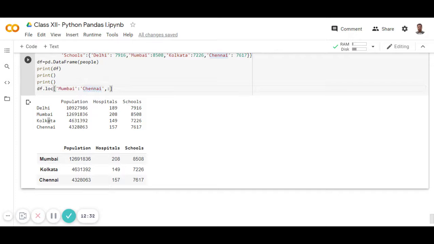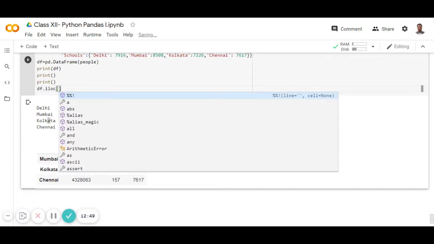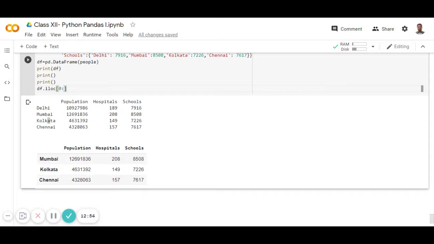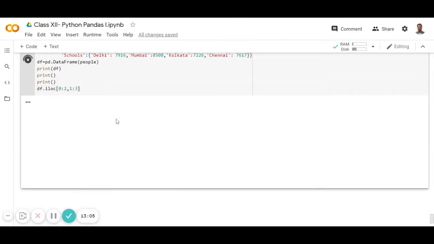Suppose you want to access through index, how can we use it? df dot iloc, and in brackets we give the index values, like 0 colon 2, comma 1 colon 3. So this one is for accessing through index.